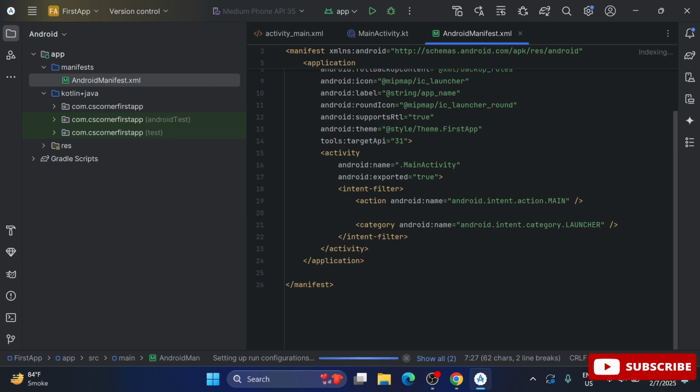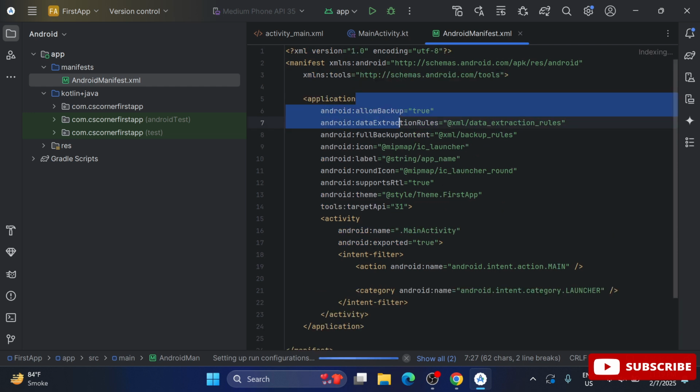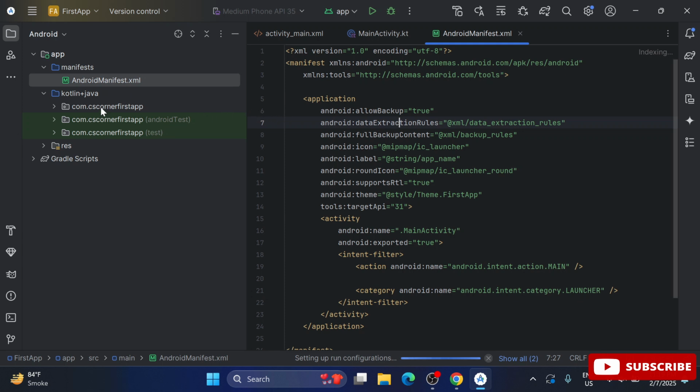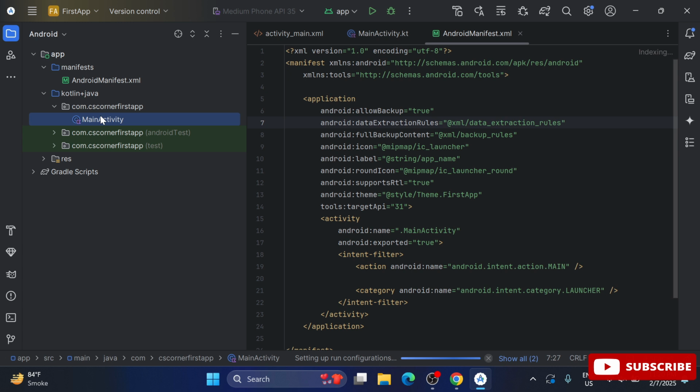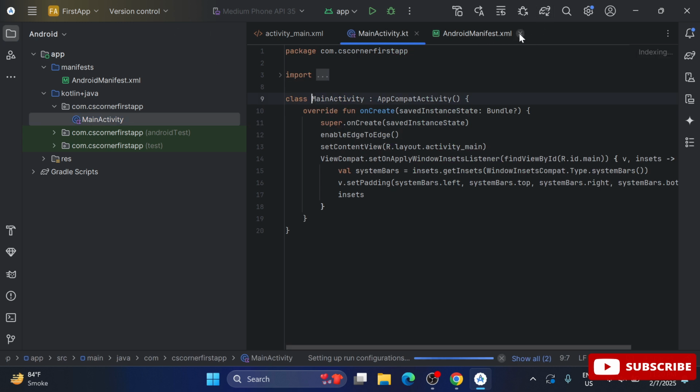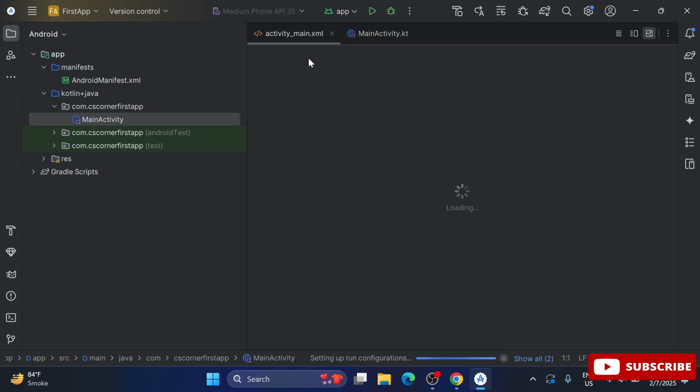Here you can see we have my app, nothing but my project name. After that we have the manifest folder, and in it we have an XML file. You can expand and see the XML; your application information will be in this XML file. Under the Java folder we have the KT file. Whatever your logic or source code is, that is going to be in the KT file. You can create this in Java also. For that you have to select a different option while creating your project. I have created a separate video for that, you can watch that.